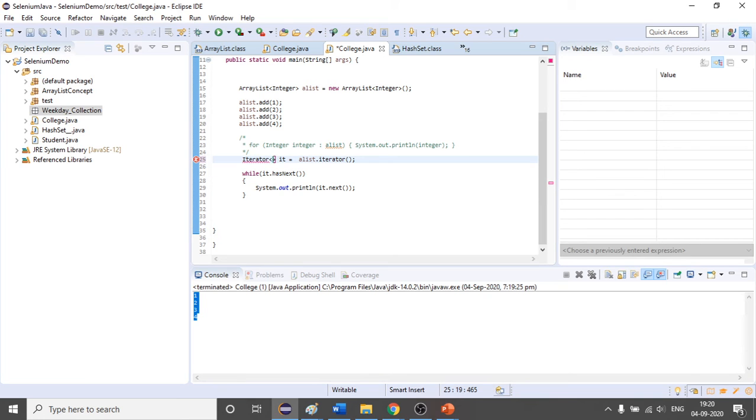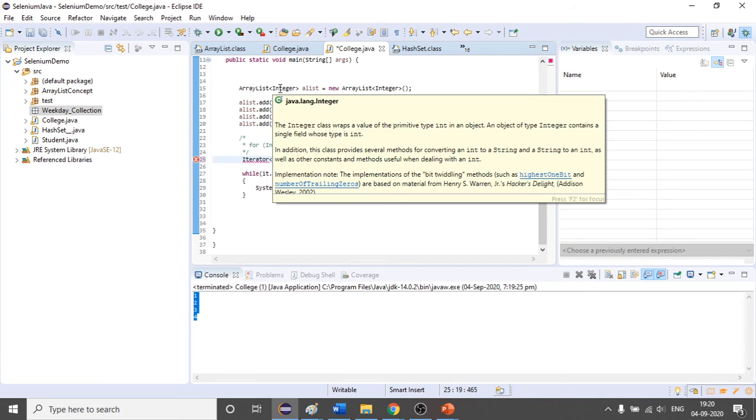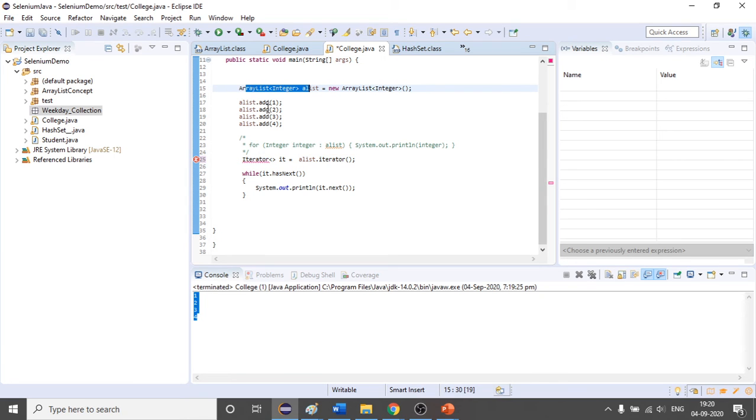No, you cannot. Either it should store integer or it should store string. It cannot store integer first and then string second. It is not allowed.